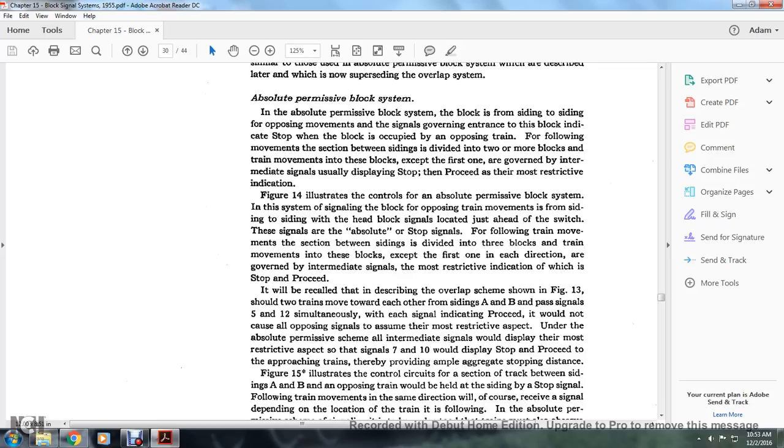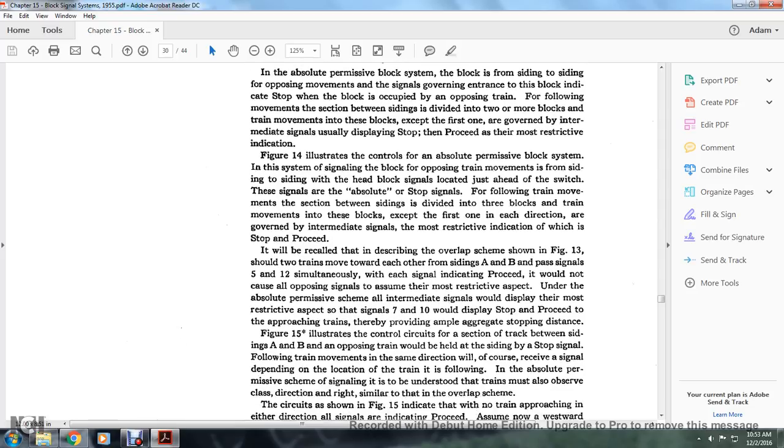The most restrictive indication for which the stop proceeds, it will be recalled from the description of the overlapping scheme with Figure 13. Should two trains move toward each other from sidings A and B with the pass signals 5 and 12 simultaneously indicating proceed, it would not cause all opposing signals to assume restrictive aspects before the absolute permissive scheme. All intermediate signals would display their most restrictive aspects. The signals 7 and 10 would display stop and proceed, the approaching trains thereby providing ample